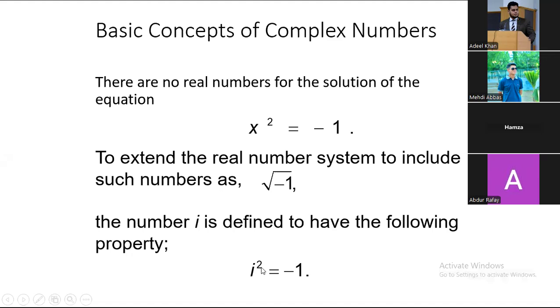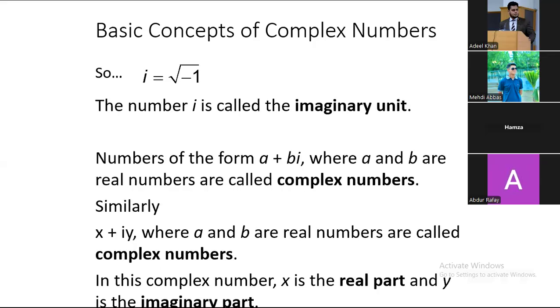Iota is the property of imaginary values, and it is also represented in the aspect of imaginary values. In most of the books we mention iota as j as well. So the two entities i and j are related to the imaginary values, and these have j square or i square equal to -1. And if we want to find the value of